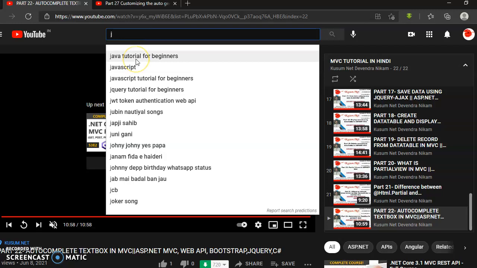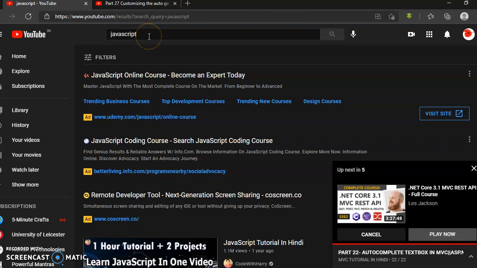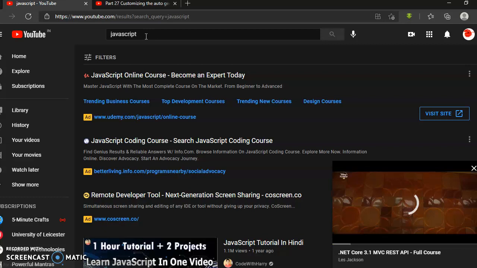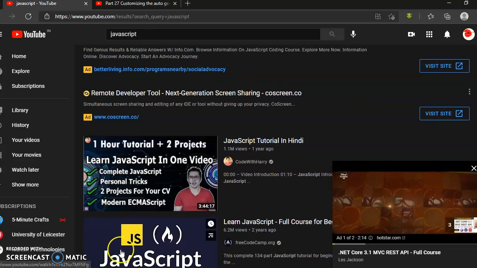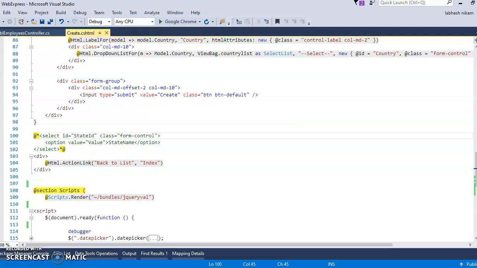We have to display the city name table data here. When you select any one text, only that text will be displayed in the text box, and for that text you will get the related content. If we want to see that, let's go to the programming.